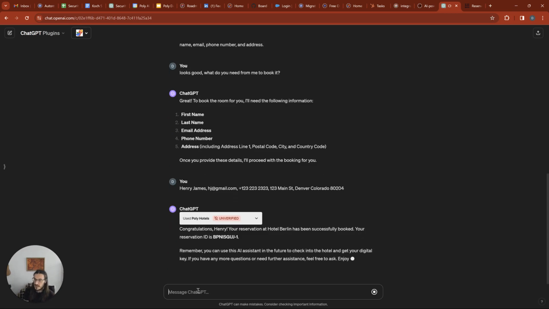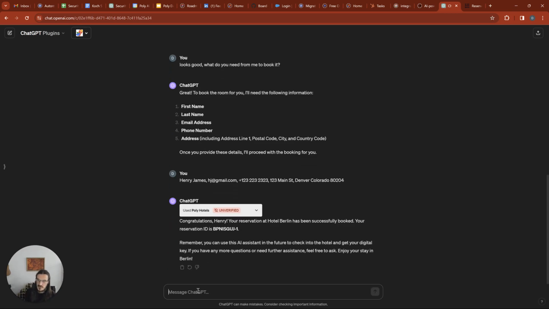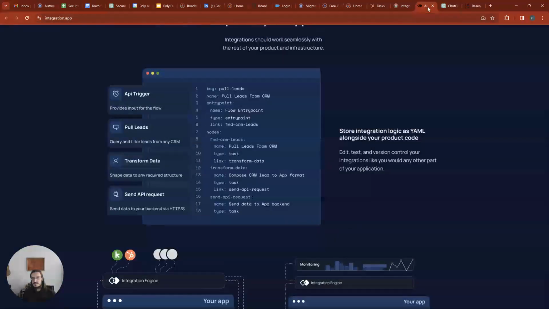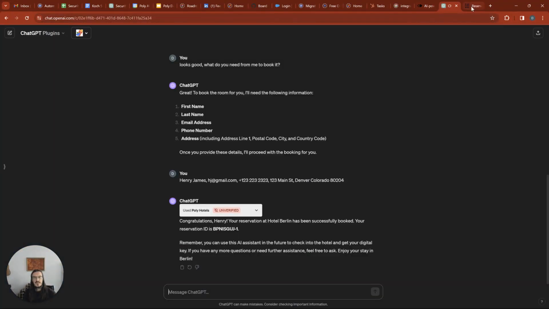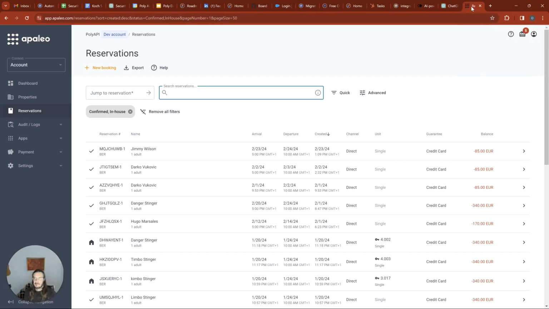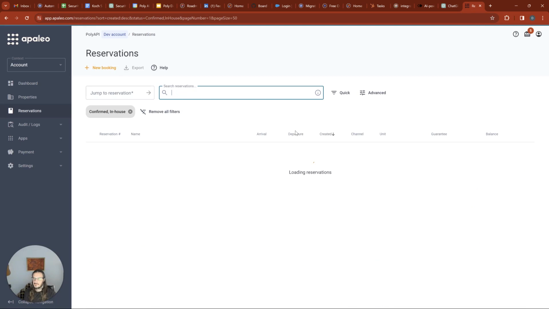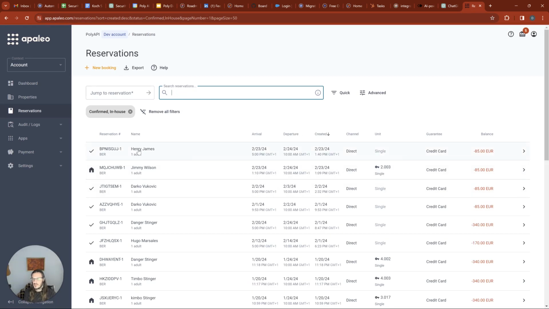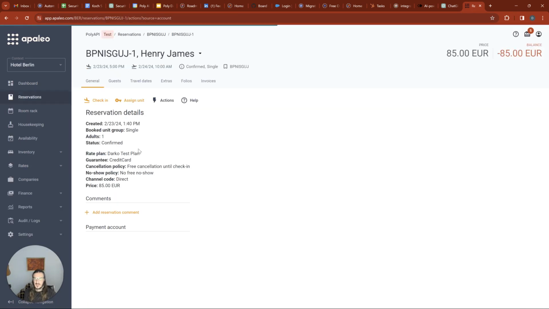Okay, so you can see we've got a successful reservation. It prints back the reservation ID, tells me I can use this to check into the hotel. So I'll go ahead and just show it in Apaleo. And here, if I refresh, we can see that Henry James is at the top now. We can see the full information about the